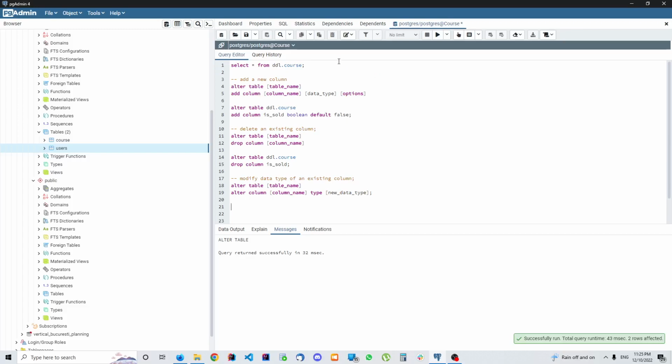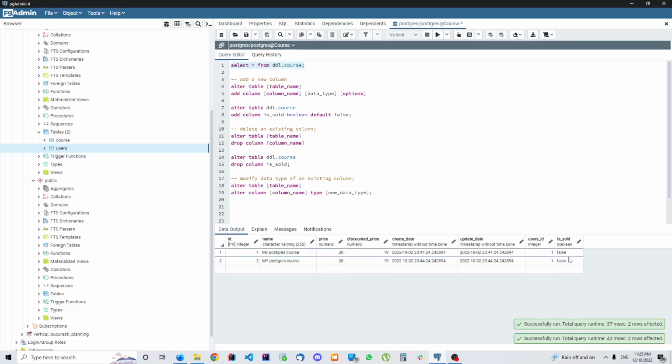Now let's say in our scenario, I want to modify this from boolean to number, 0, 1. So 0 can represent false and 1 can represent true. So how would I do this? Let me write the command, and then you will see: table name, DDL course, alter column is sold, type